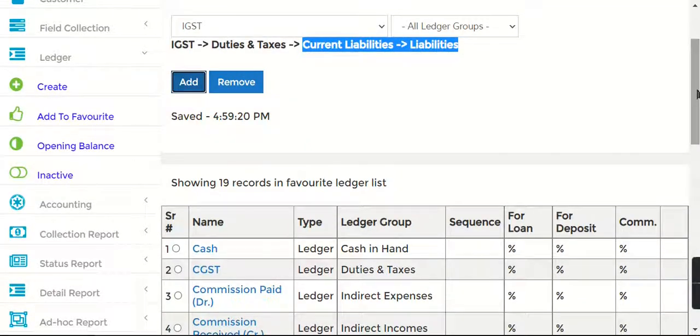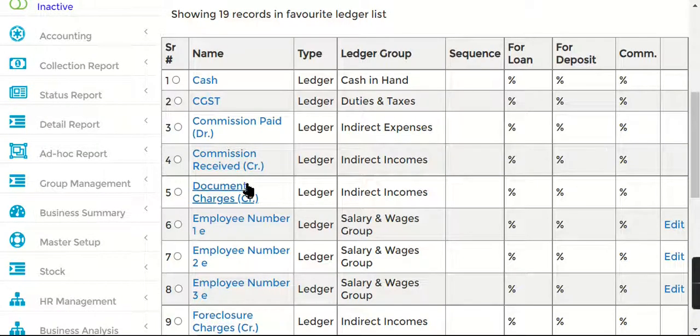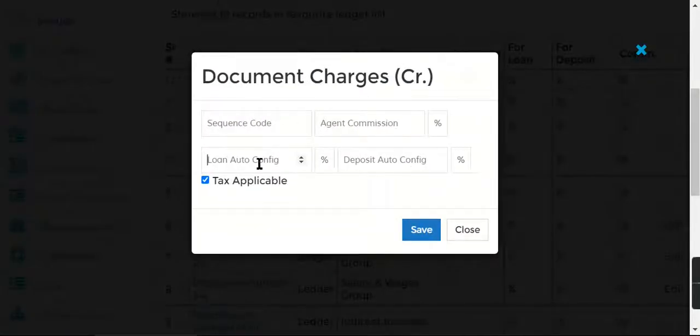Now say you take document charges of 5% of the loan. This can be automatically configured here for your company. I'm talking about the company. Now these charges and taxes can be configured at 3 different levels: company level, branch level and scheme level. So this I am doing at the company level. This 5% document charges will be common throughout the company. This has nothing to do with the branches. Now if you want to do this configuration at the branches, I will show you where it's done.